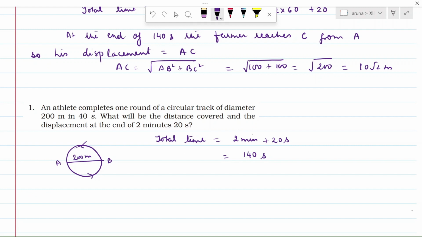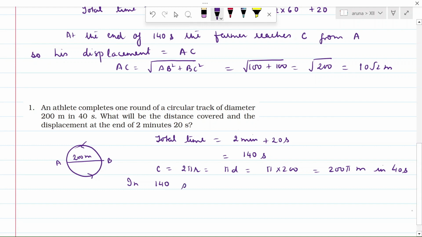For one round, the circumference will be 2 pi r or pi into d, so pi into 200. Let's not change pi. Let it be as it is. So he covers 200 pi meters in 40 seconds. So in 140 seconds,